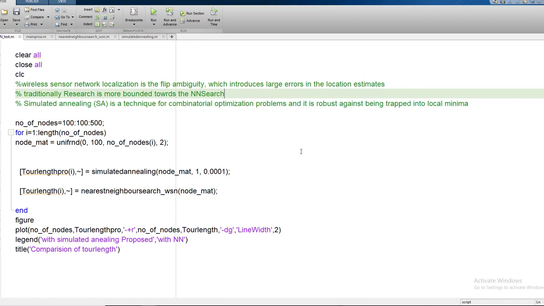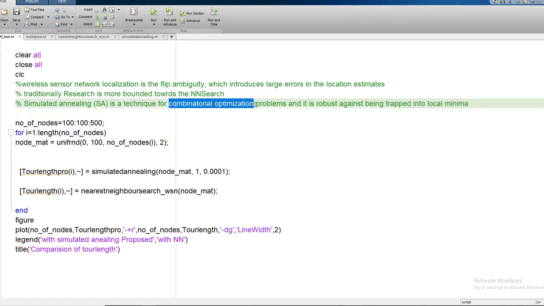So what I did here, I introduced simulated annealing, a technique for combinatorial optimization problems, and it is more robust against getting trapped in local minima. The combinatorial optimization problem is basically a statistical optimization, and this is beyond the scope of this video, so I will explain these things someday, or you can google it and find more explanation on Wikipedia.